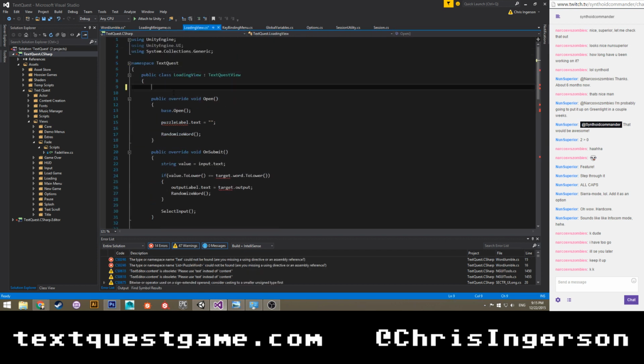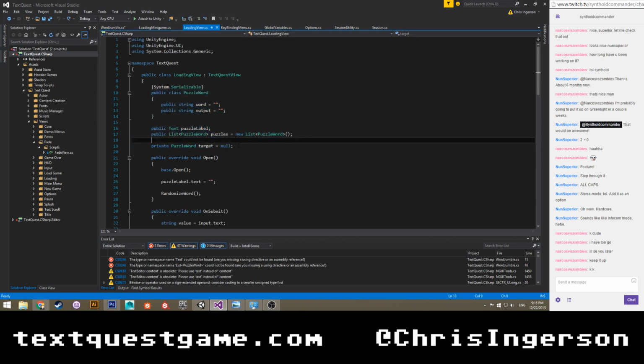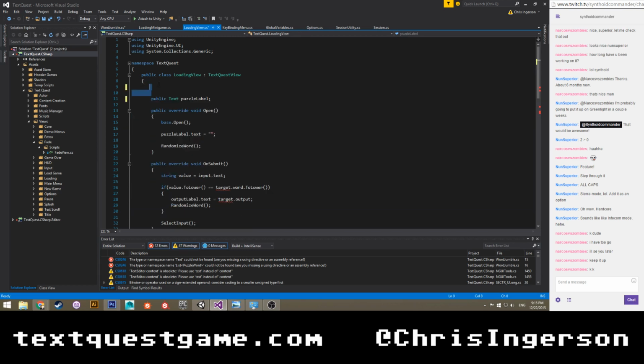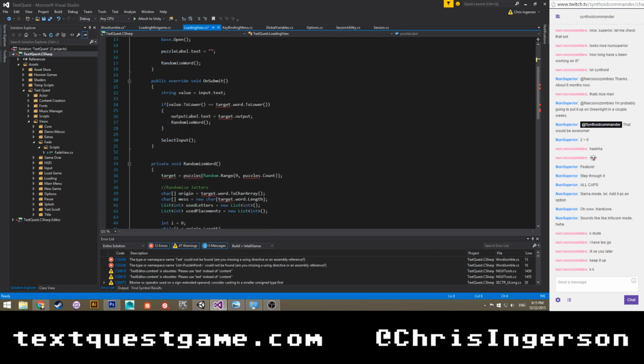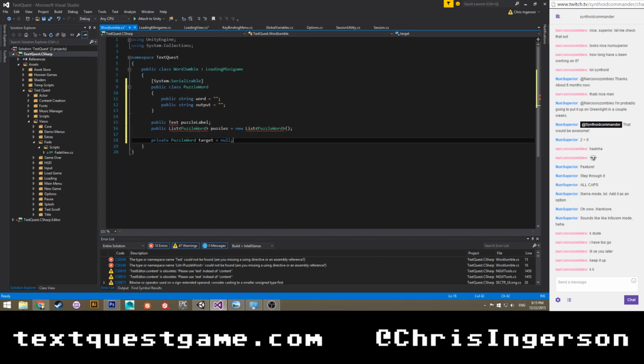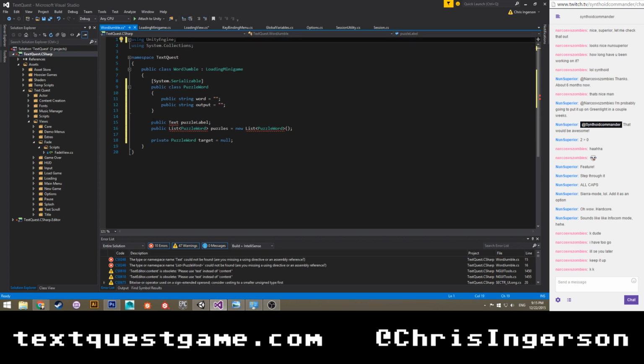Using... actually, you know what? I don't need Unity UI for this.